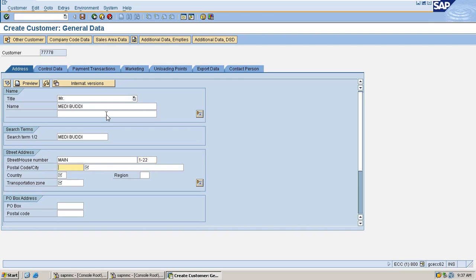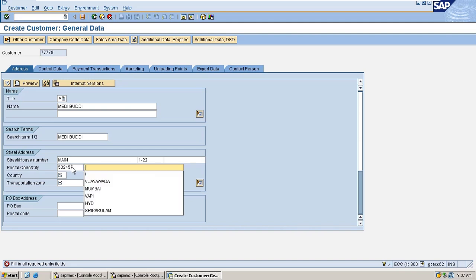House number, I will give something here. Okay, I have given some pin code and the city. The country is India. The region is 01.